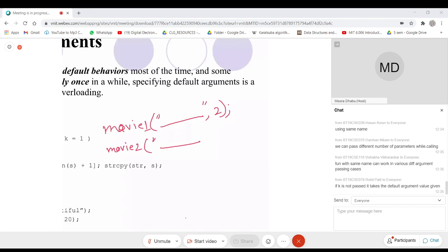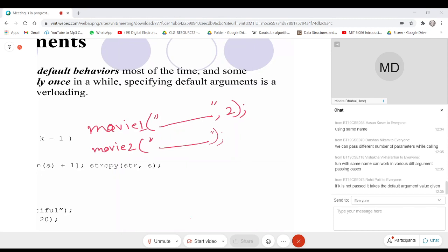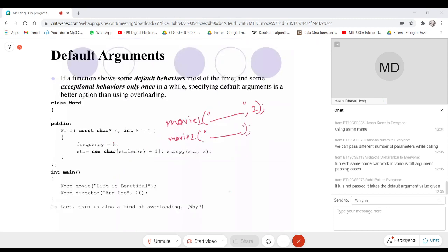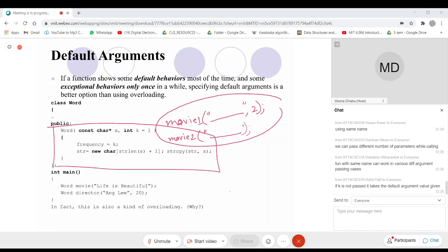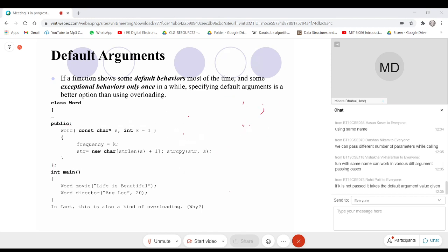So here, for the first object creation, I passed two arguments, whereas in the second, I passed only one. But for both of these, the same method will get called. So in a way, I am overloading that member function in two ways by setting the default argument.